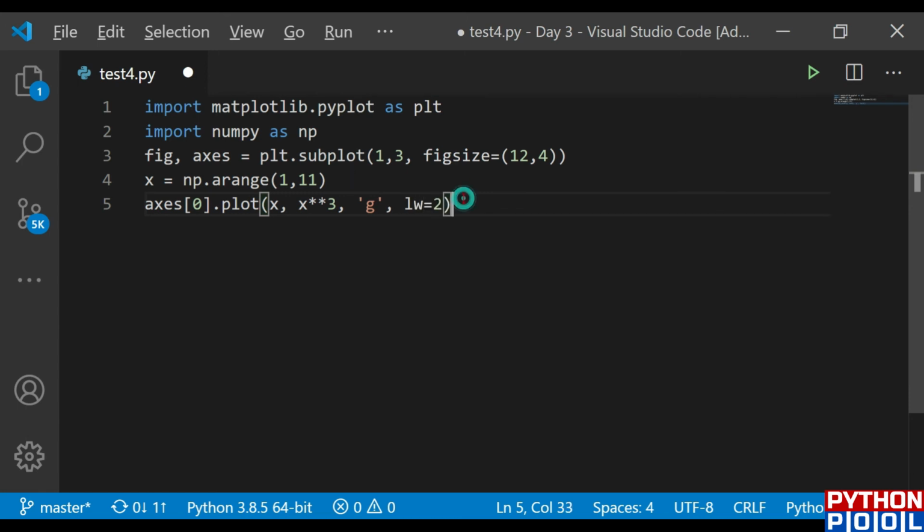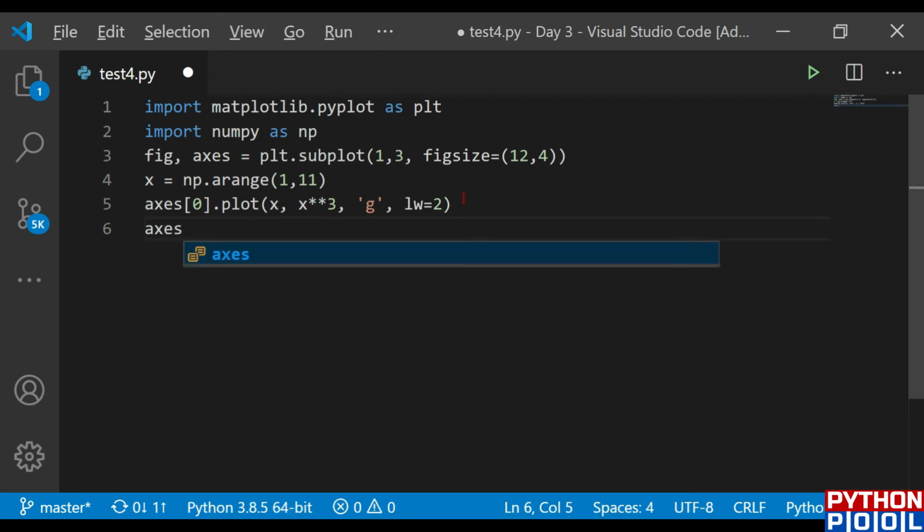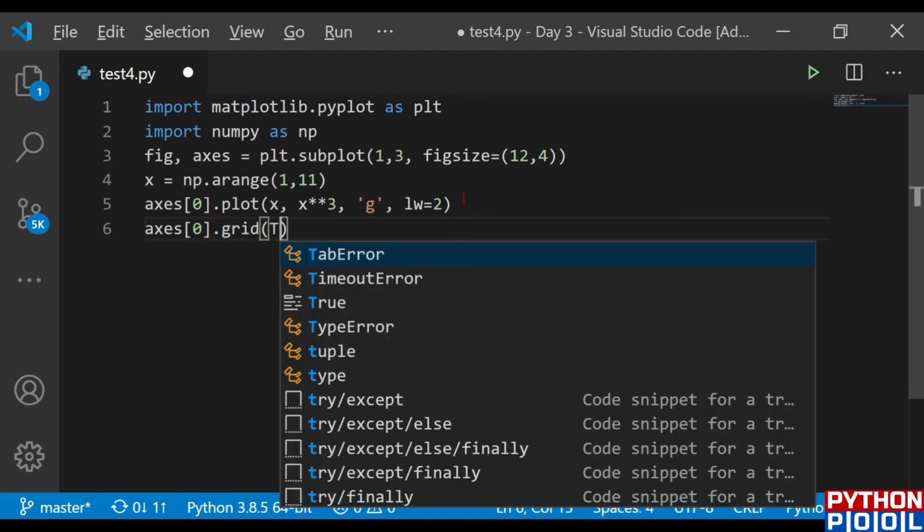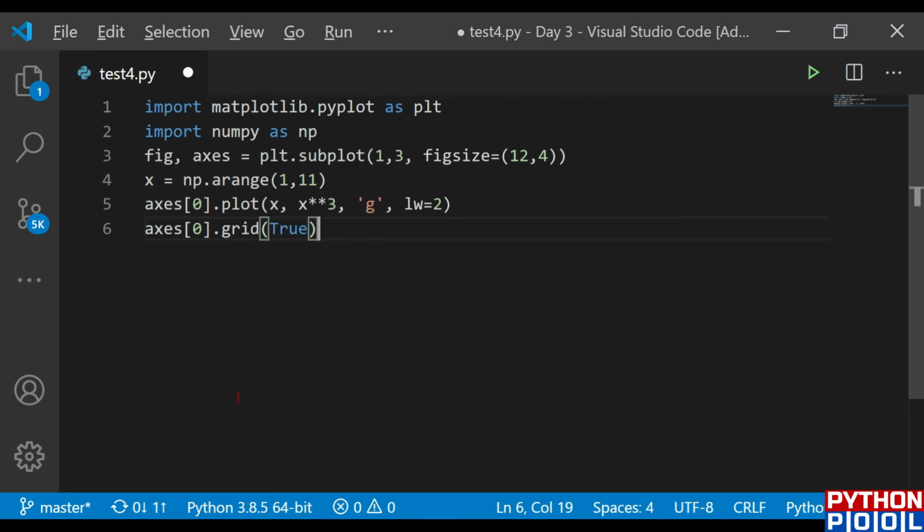Now after that I'm going to set the grid as true. So axis 0 dot grid would be True. Setting it true means I'm using the default grid. I'm not giving any property to the grid. I'm just using the default grid, and I'm giving the scale to the grid that each box in the grid should contain 2 points. And after that I'm going to set the title, axis 0 dot set title, and this title would be default grid. So my first graph would be the default grid graph.